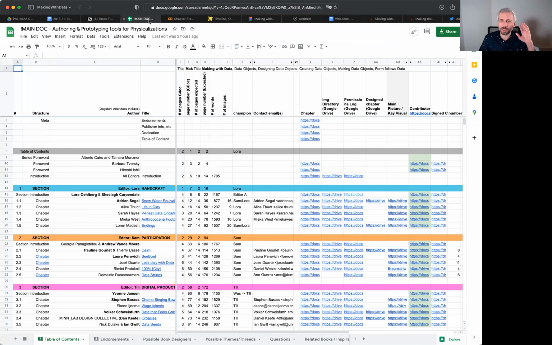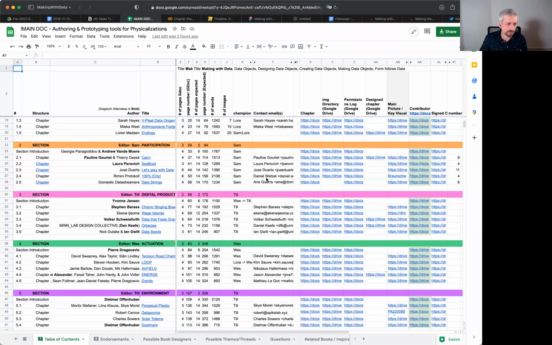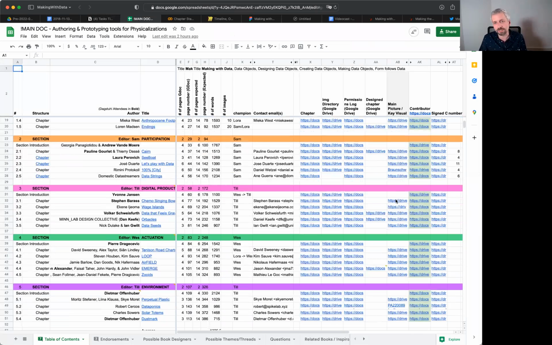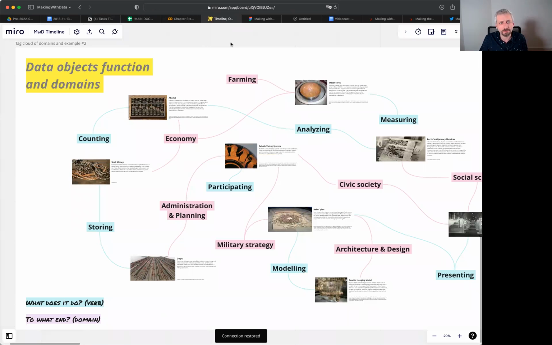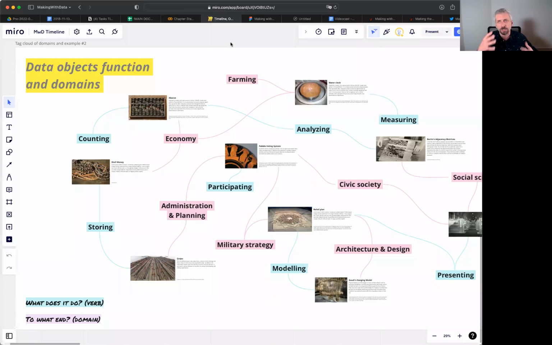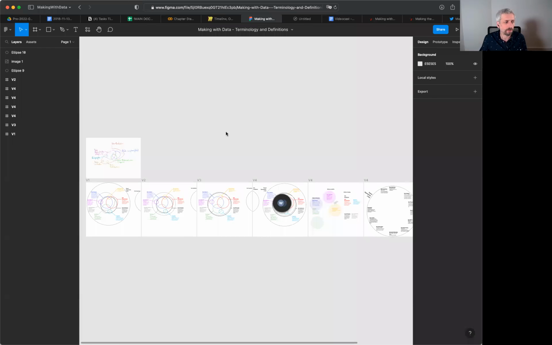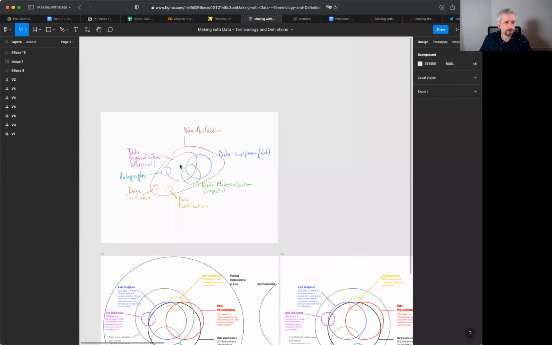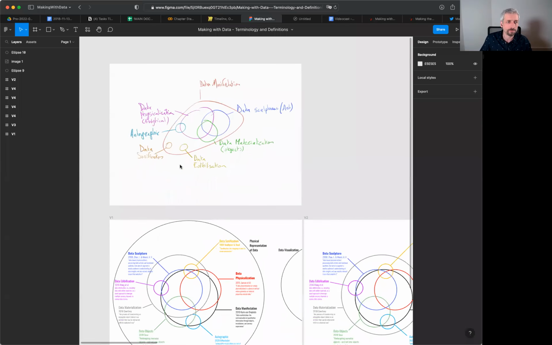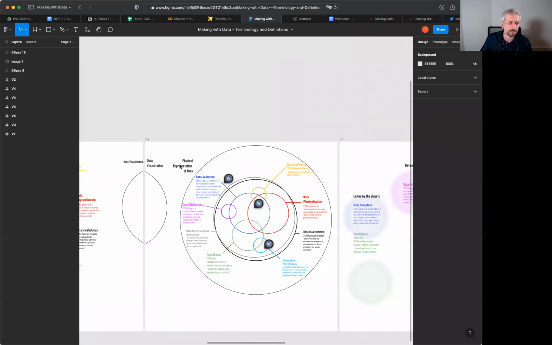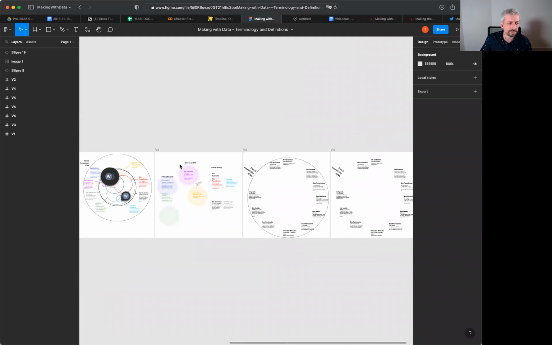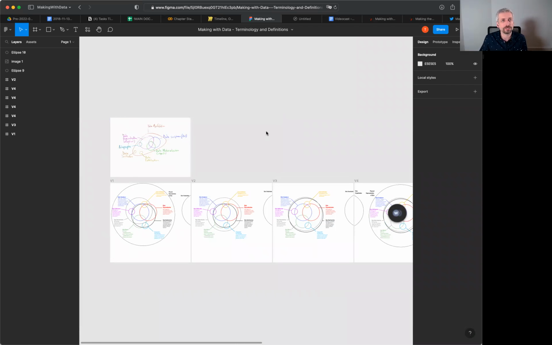So lots and lots of Google Docs, and we have this super huge major list, the whole overview of all the different chapters and sections, and then all these links with even the contracts and everything. But we also have lots of Miro boards. This, for example, was another potential display of showing this history, which we shared already before. Here, Alberto, you mentioned this, how to organize the different terminologies. And we had these different diagrams, trying them out and also showing the fuzziness, but also keeping it simple enough,